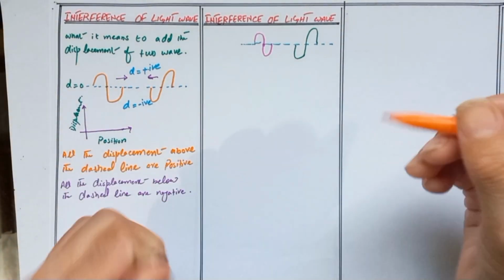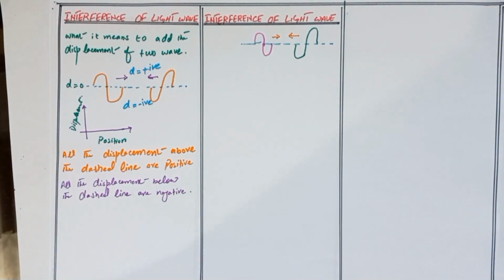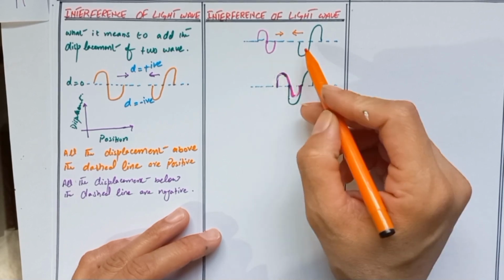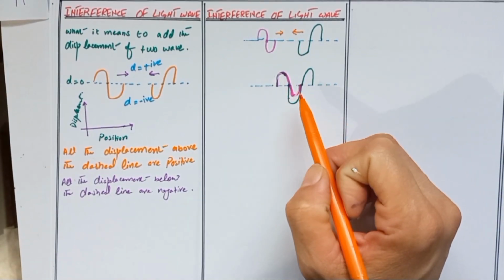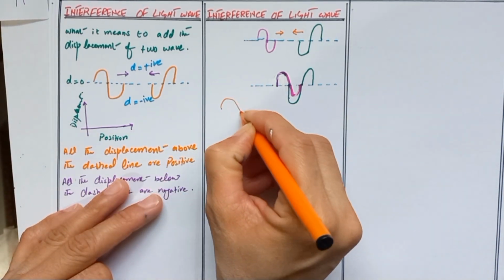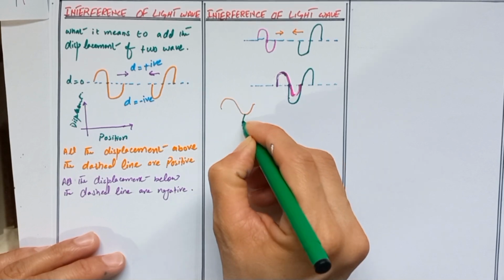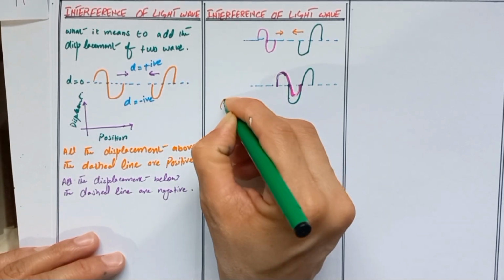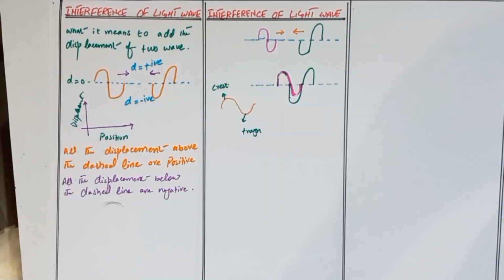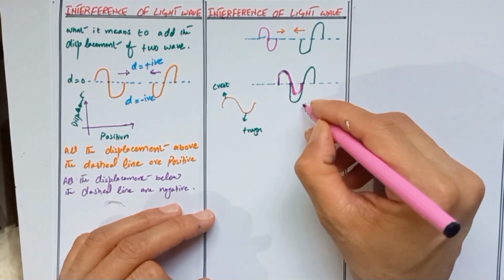Now let's see what happens when these two waves overlap each other. Here we have drawn the two waves that come together and overlap at an instant of time when they overlap completely. Here the trough is completely overlapped. Recall that the trough is the portion where the displacement is minimum, and where displacement is maximum, that portion is called the crest. Now we return to our two overlapping waves and try to find the resulting displacement.